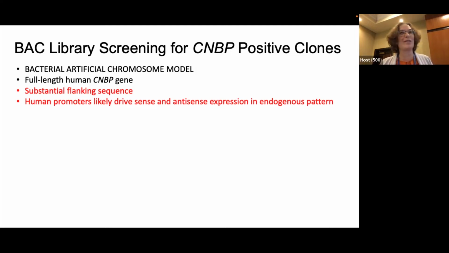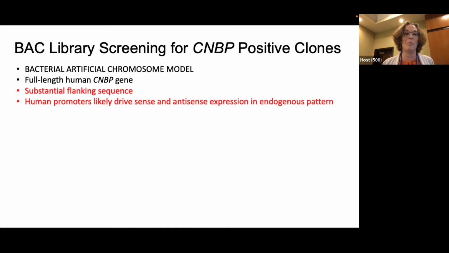This wasn't the first attempt. We tried to make a cDNA model overexpressing the CCTG expansion. We did a whole bunch of other things. And finally, we settled on an approach that would use a bacterial artificial chromosome, because we had some success with that for SCA8 and C9orf72. And so a bacterial artificial chromosome is just a large piece of human DNA cloned into a bacterial gene